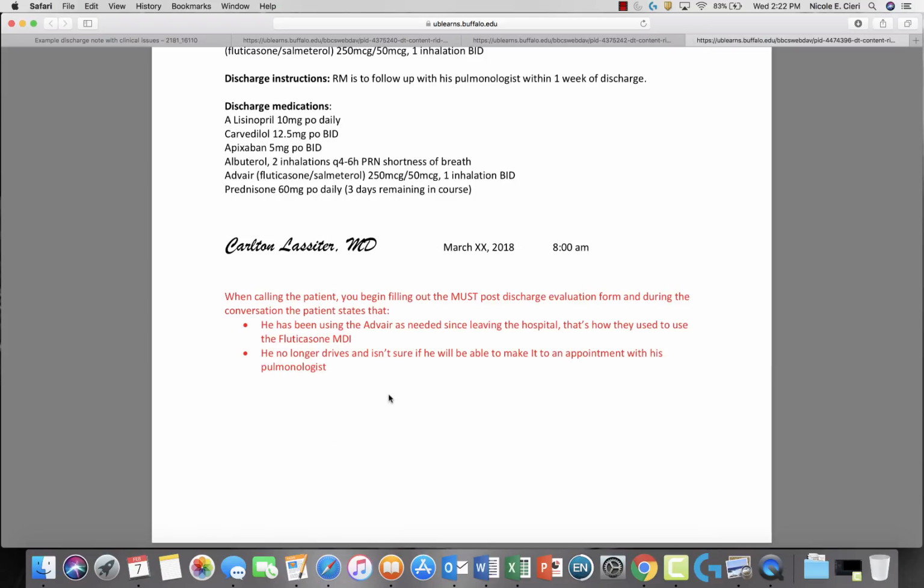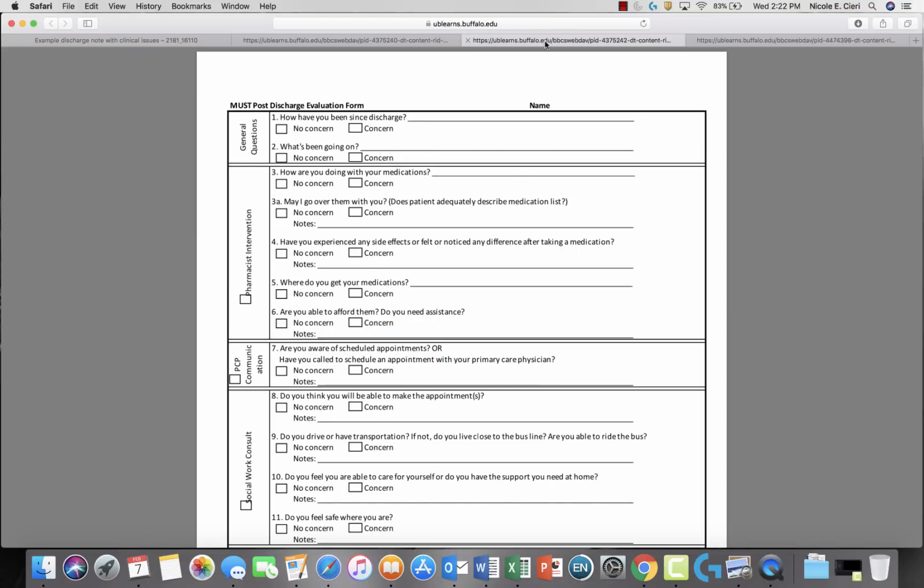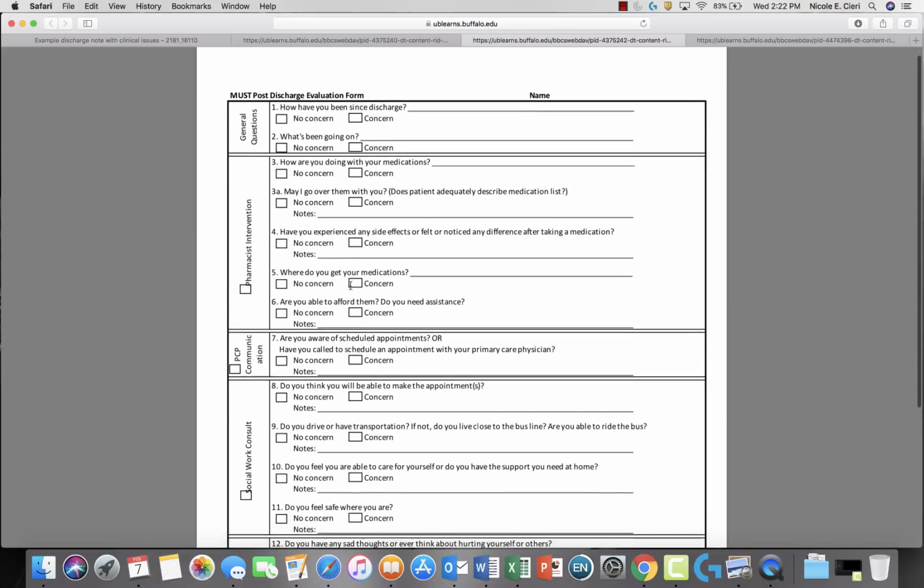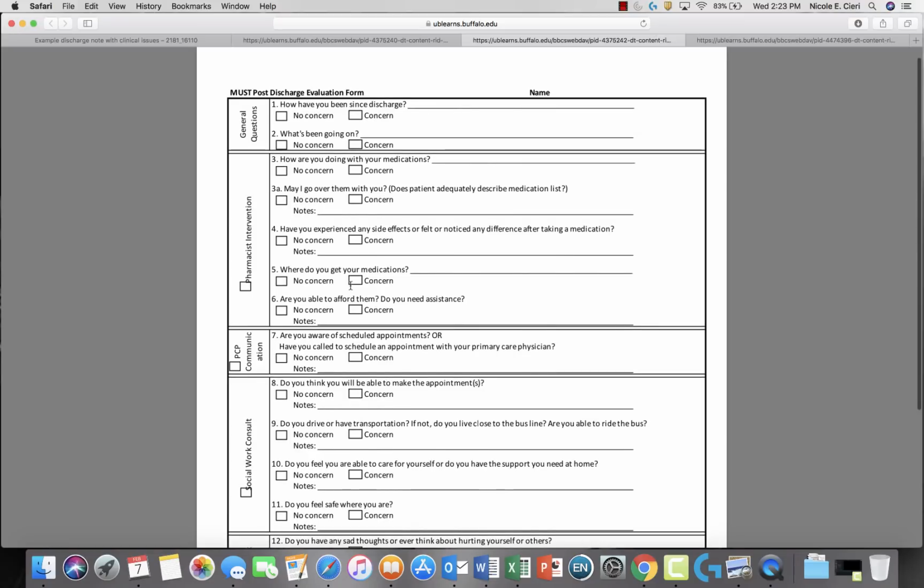Let's say when you call this patient, you're filling out your form, going through the questions. The patient states that he's been using his Advair as needed since leaving the hospital because that's how he used to use his fluticasone. This would be a concern, as this should be a twice-a-day medication. So under pharmacist intervention, you would list